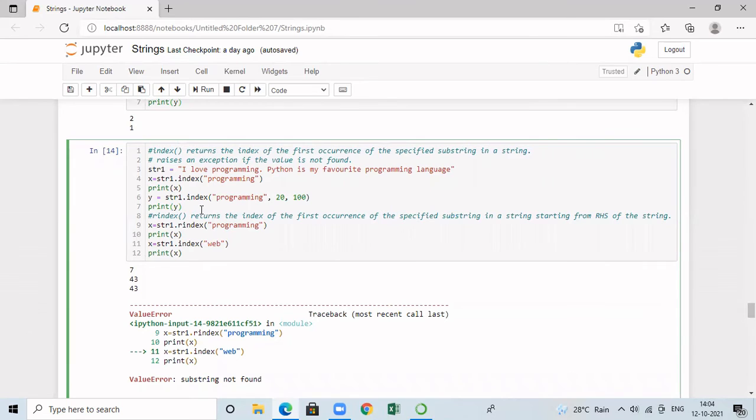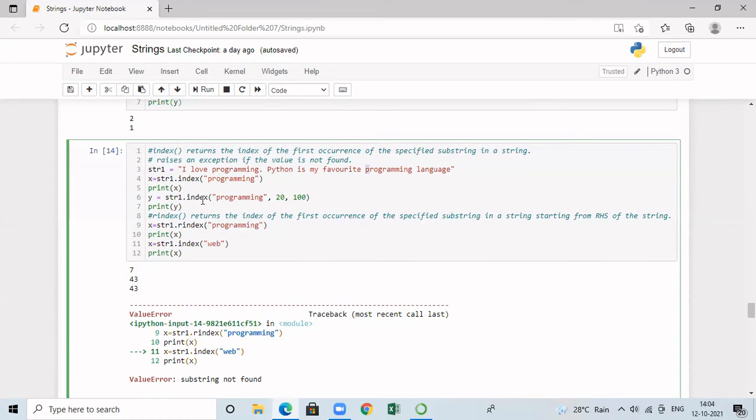So when I do that, it is going to return me the index of this particular programming. So here I have programming, because this programming is not considered since I have specified the starting character as 20. This is before 20. Therefore, it will give the index of this particular programming. So here the index is written as 43. So what is the meaning of 43? The first letter P is at the index 43. So it is returning me that particular answer.